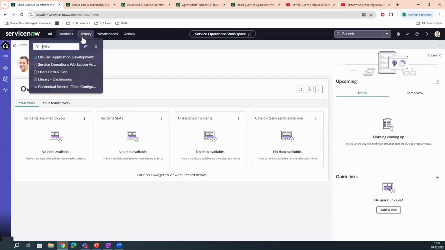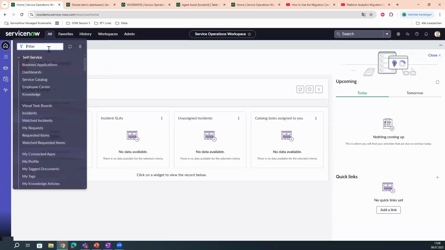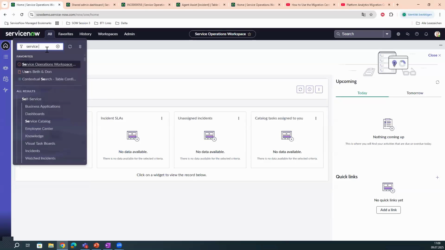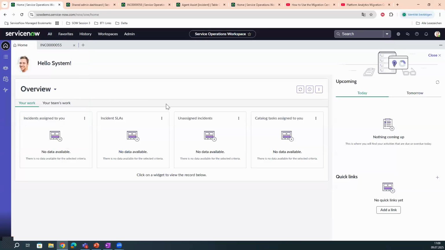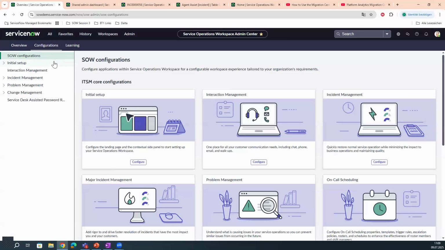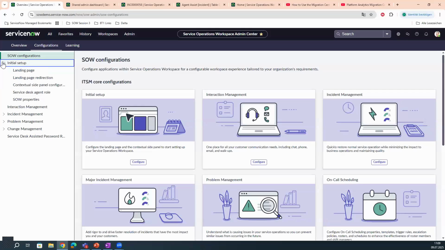If I go to Admin Center, type Service Operation Workspace, and go into configurations, which I already favorited so I can find it easier, and go under Initial Setup, Landing Page Redirection,